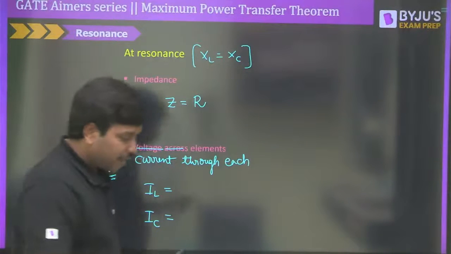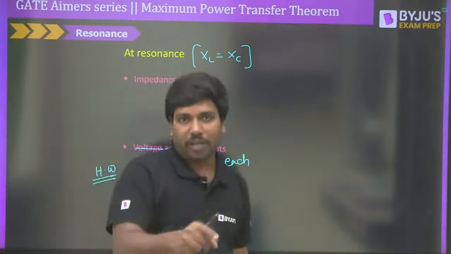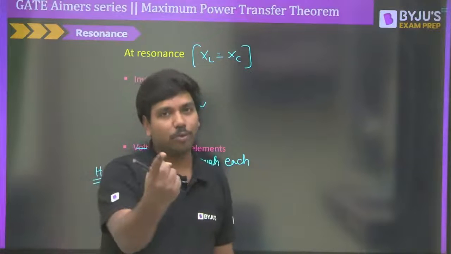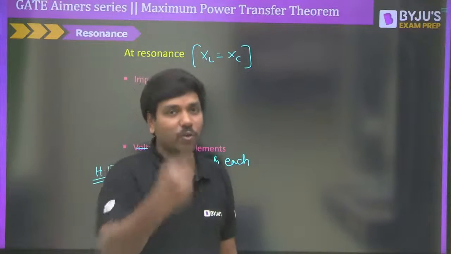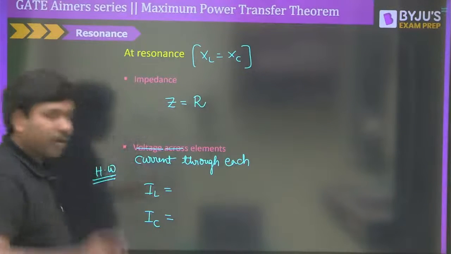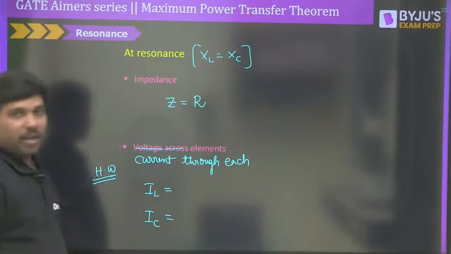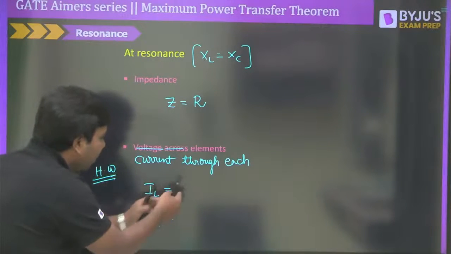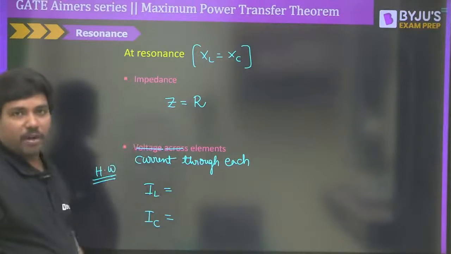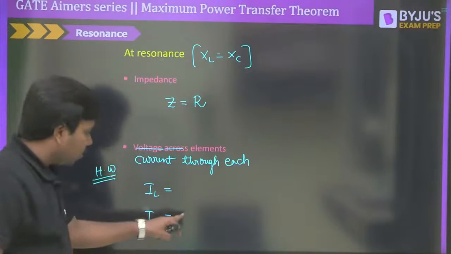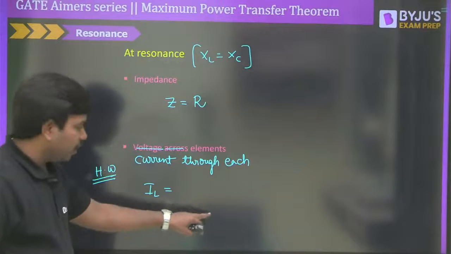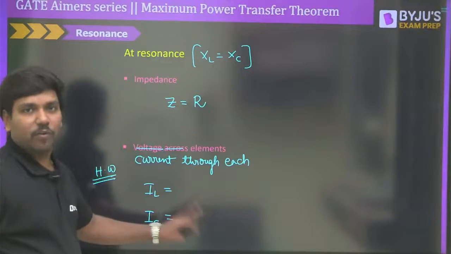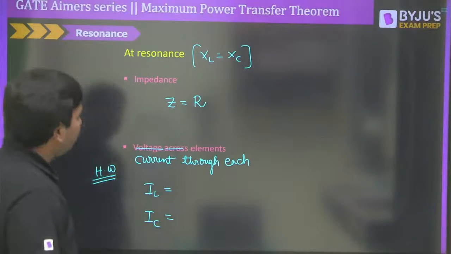The series RLC circuit will act like a magnifier of the voltage. That I have proved and shown to you, right? So you also enjoyed that. Now try to do this one by yourself, then you will really enjoy it, right? So you will understand that IL is equal to IS times some quality factor. Similarly, IC is equal to some quality factor times the total circuit current. Clear? So I hope you understood this.